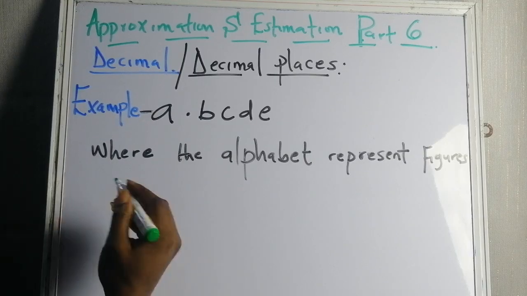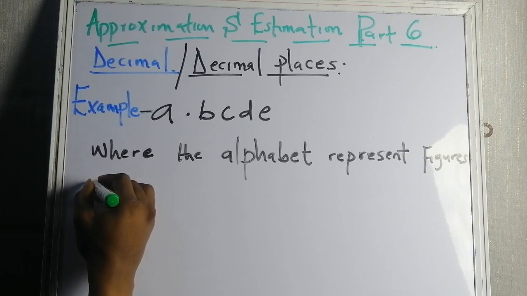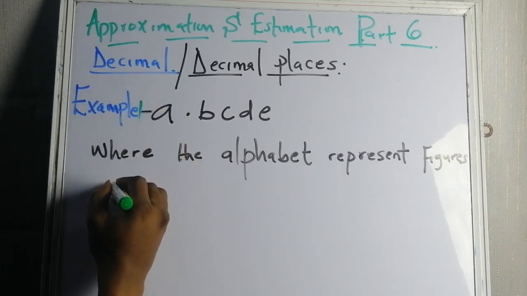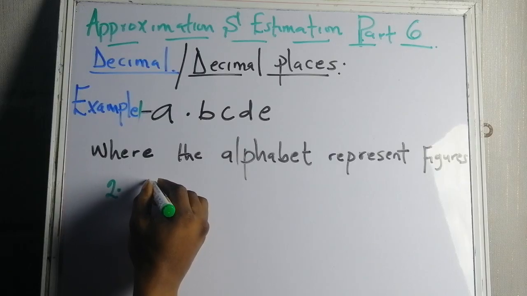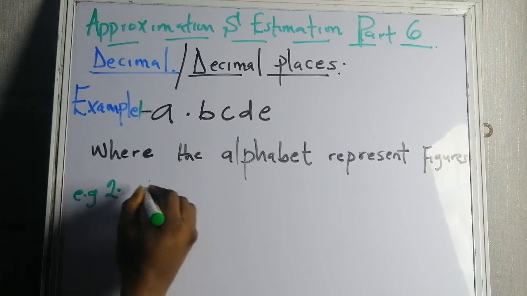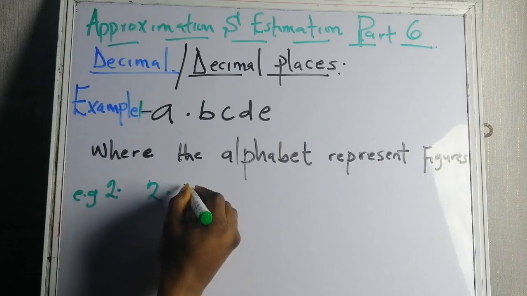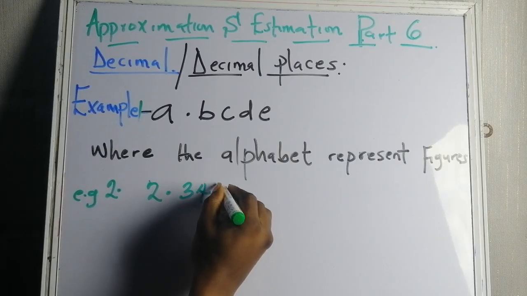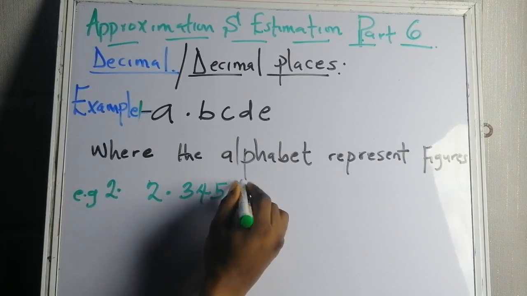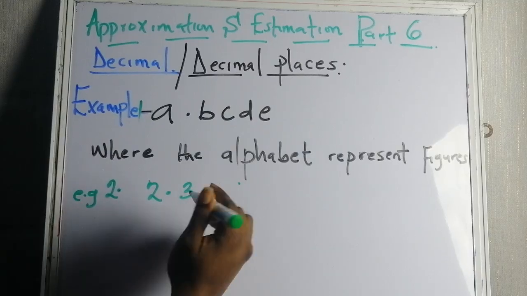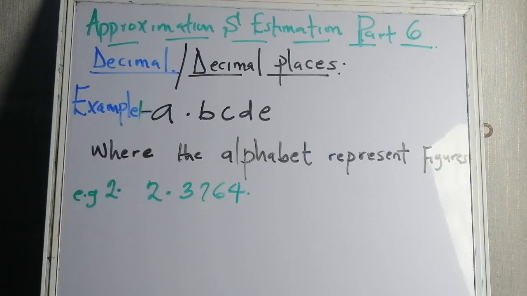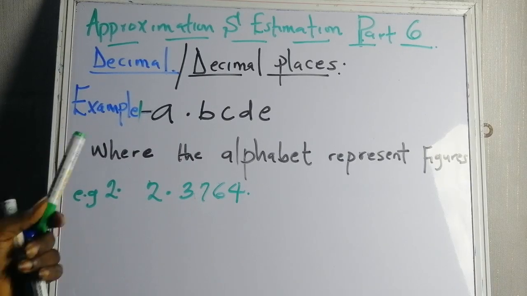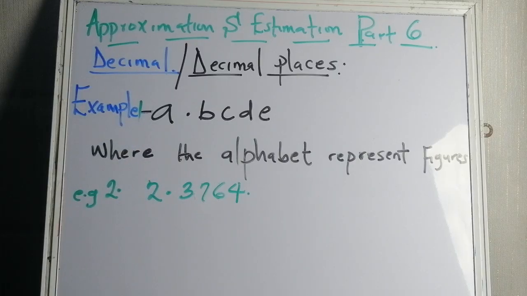Let me give another example here. Let's say this one is example 1. Then let's say example 2. Let's assume we have 2.345. Let me use this accordingly. Let me just use 764. Okay, so now if you look at the first example, A point B C D,